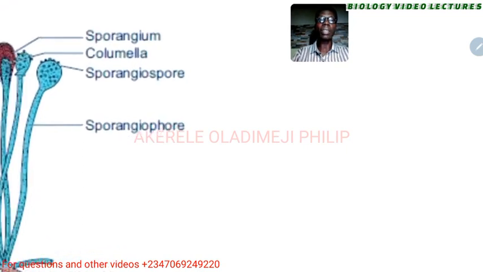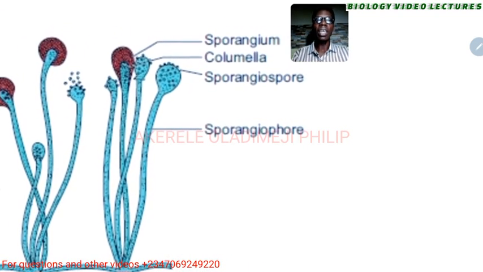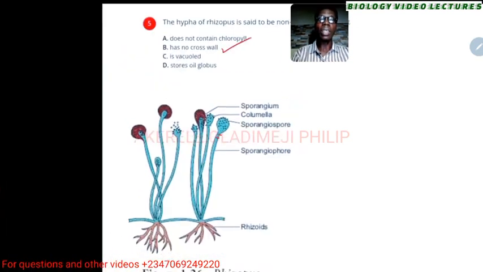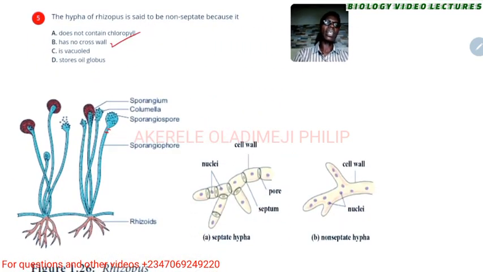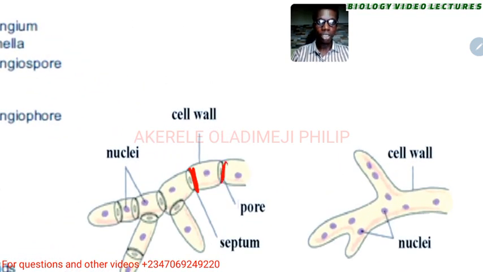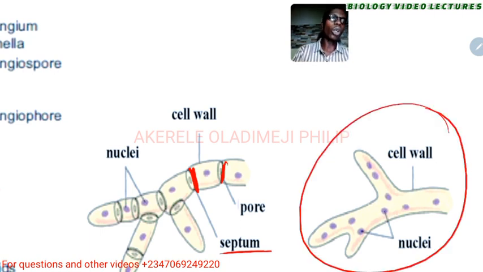Bringing that in more, you notice that there's no partitioning at all. All those dots are actually nuclei within the cell. However, this is what a septate looks like. Now, in an examination, you should be able to remember that septate means they have partitioning, like there's a separation. We can see septum, yes, that separates each of the segments, while this one is non-septate or coenocytic.